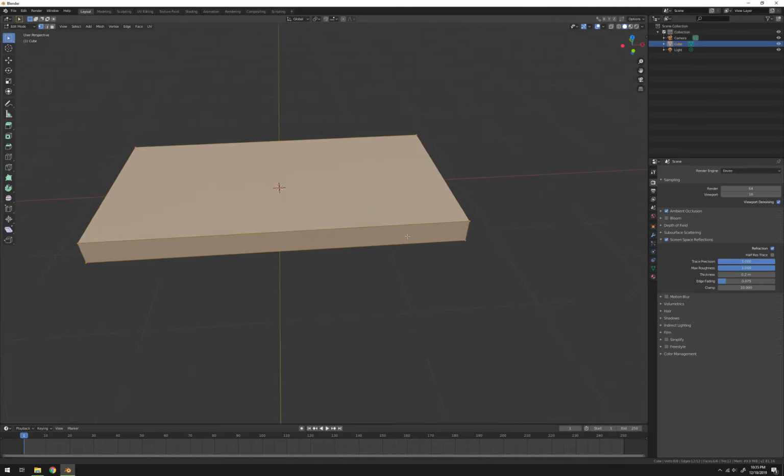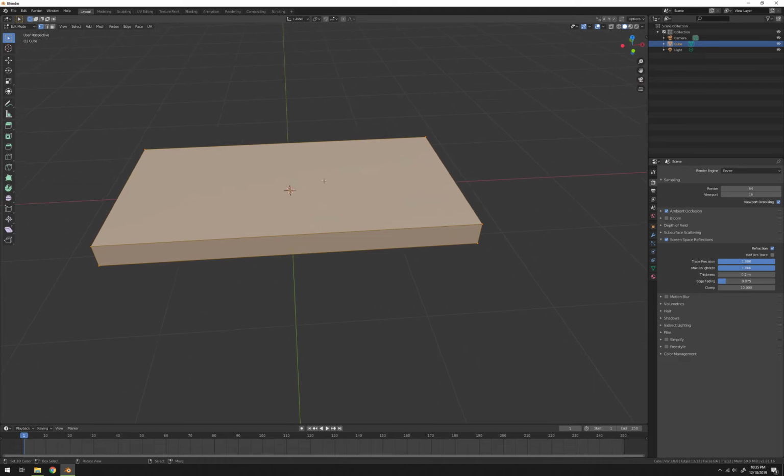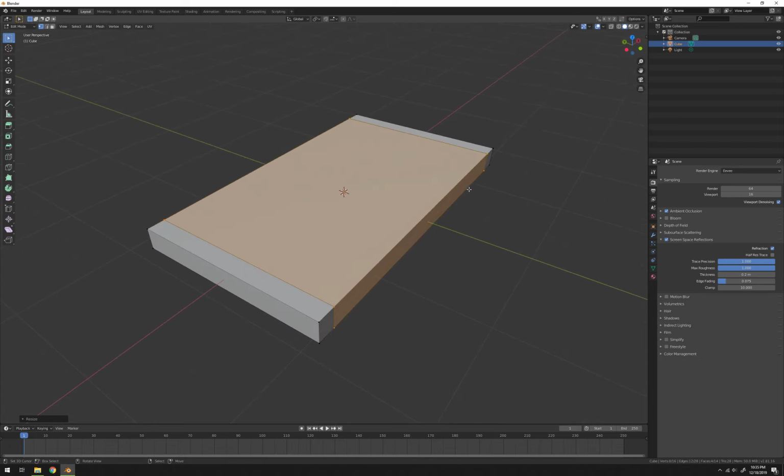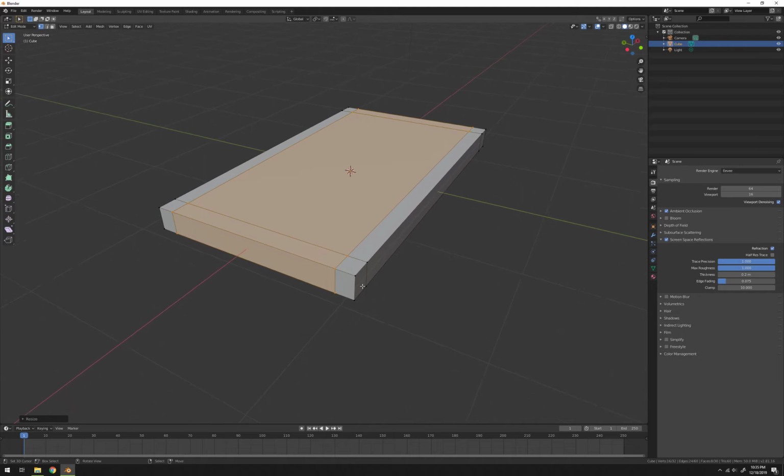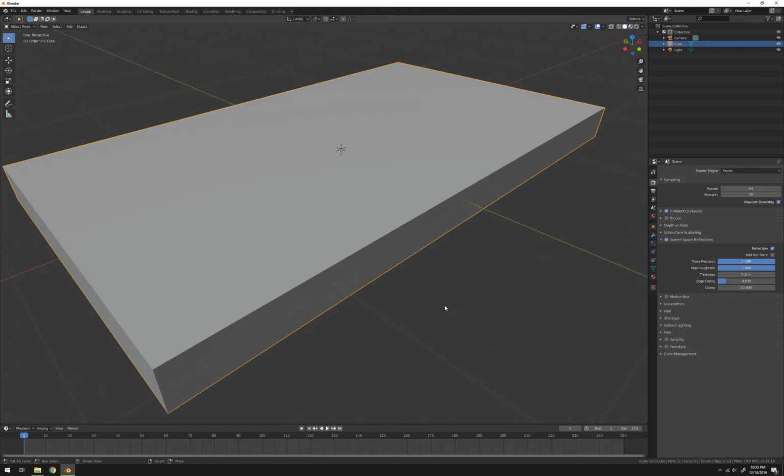I'm also going to add in a couple subdivisions or loop cuts. Click Control R, mouse wheel up to 2. Scale those along the x-axis. The same thing here. Add 2 in. Scale them on the y-axis. This is just to add a bit more support to these corners, because the next step